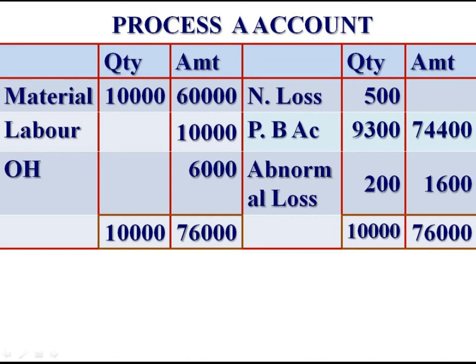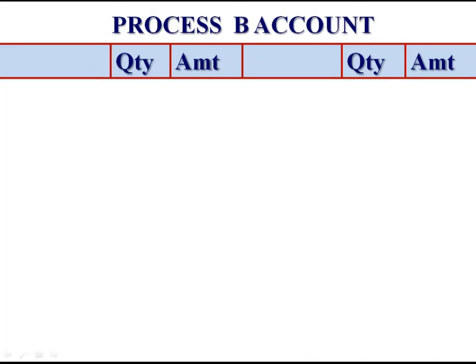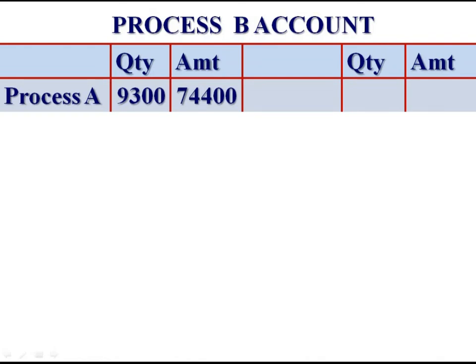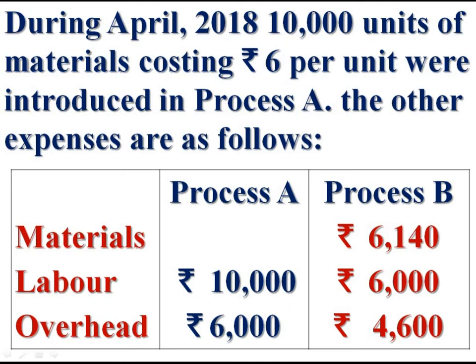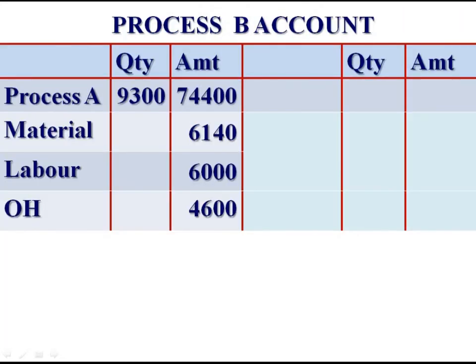The output of process A account is transferred to process B account, 9,300 units, 74,400. Then draw process B account, debit the output from process A: 9,300 units, 74,400. In the question, there are materials, labor and overhead in process B. Debit all these items. Materials 6,140, labor 6,000,